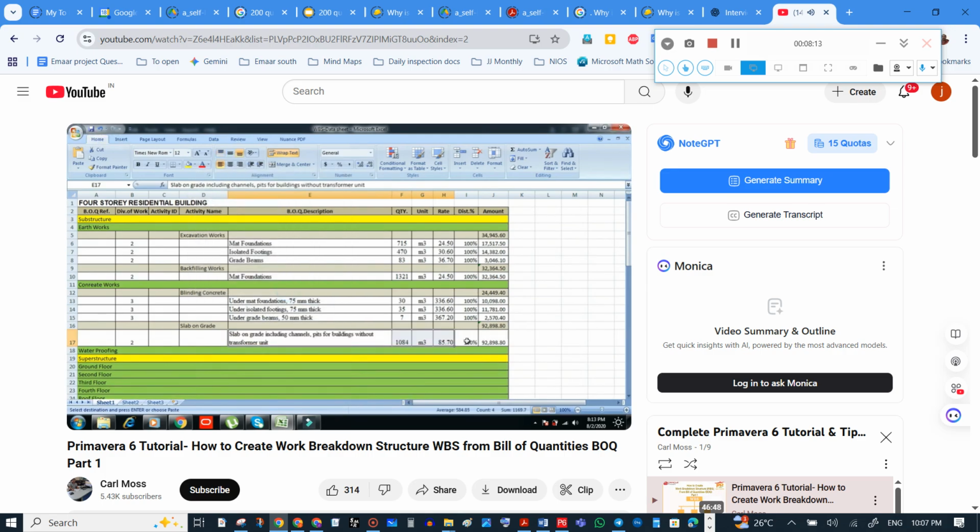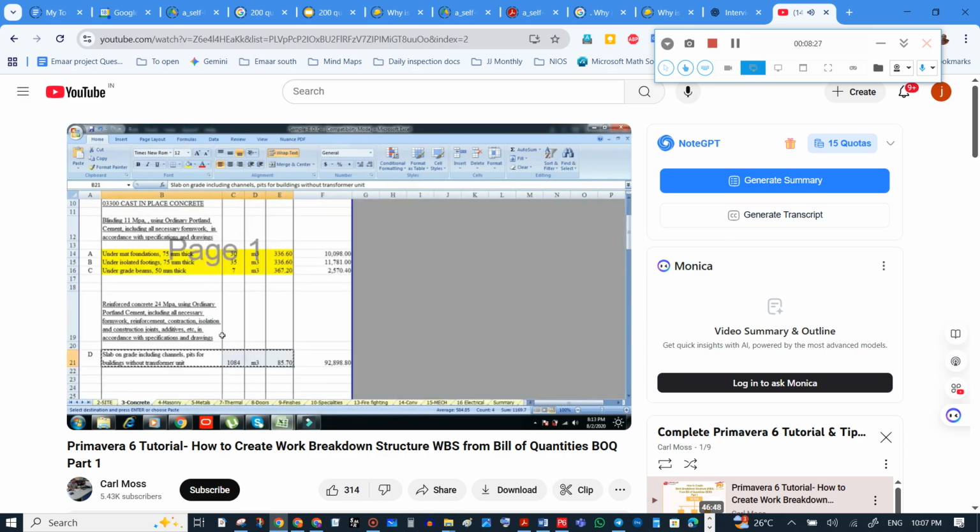Put 100% for percent distribution because all the quantity for this BOQ description belongs to slab on grade. For the BOQ sample, we put a yellow color in order to identify that this item is already distributed 100%.